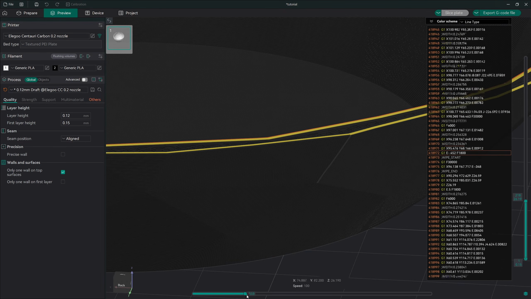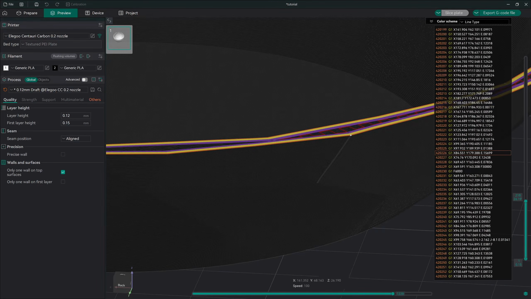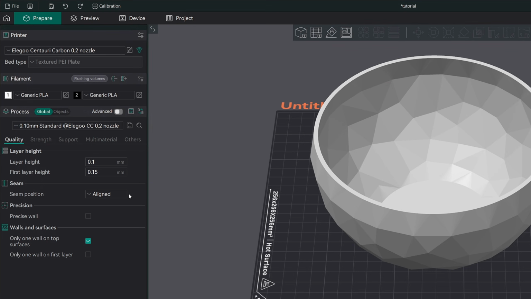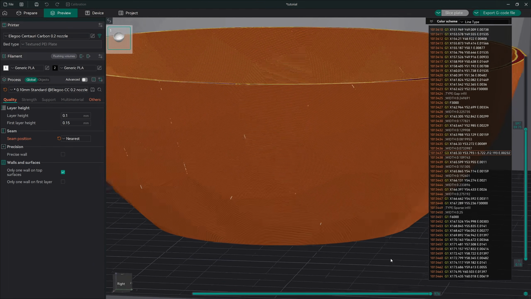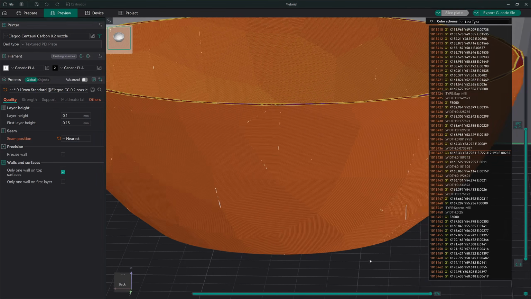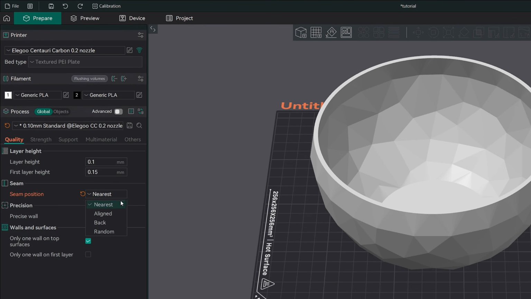As the printer lays down a layer of filament, it eventually needs to return to the starting point to complete the loop. When it moves up to the next layer, the connection point creates a visible seam in your print. This seam position setting gives you control over where that seam appears. The nearest option places the seam as close as possible to the last position of the previous layer. This results in a scattered seam across the model, which can make it look uneven or rough, especially on curved